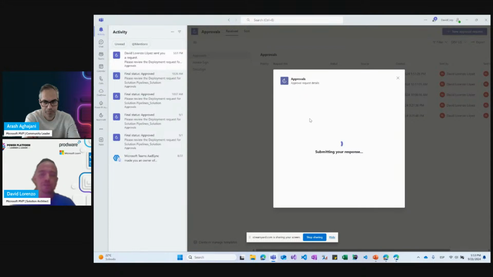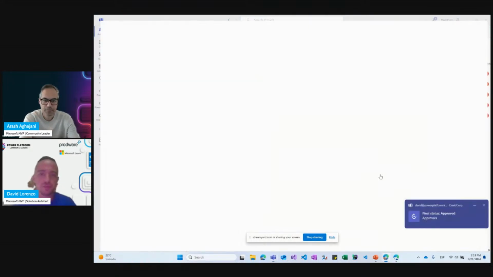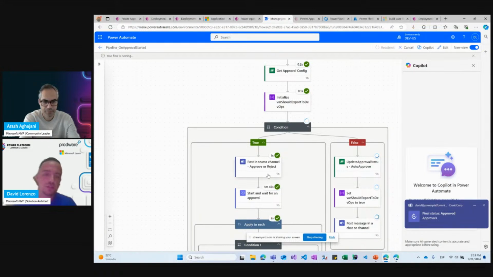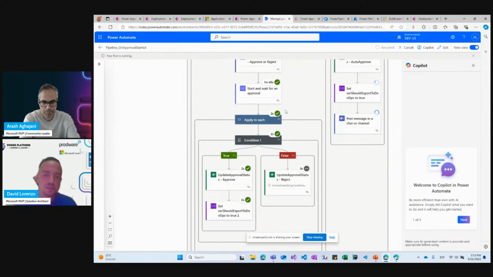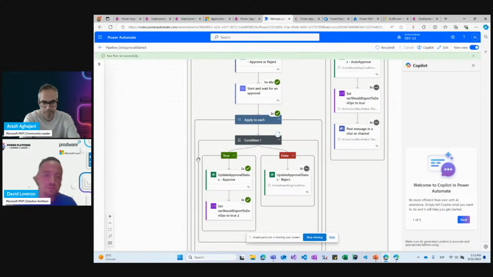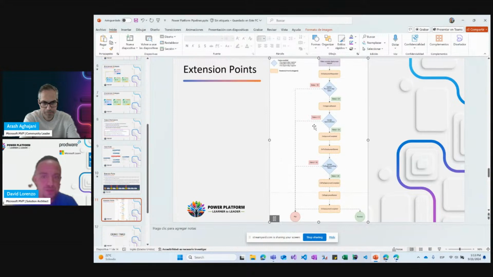In this moment, the approval is going back to the flow, and it will allow the process to continue down. So we set the update approval status to 20, as we see in the schema. Here we set 20, and the deployment process will continue down to the next step.